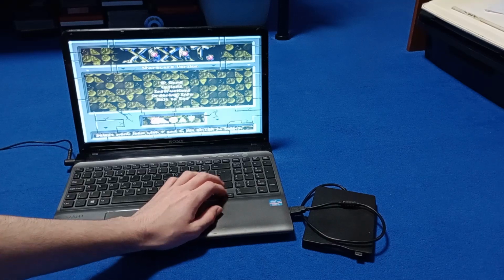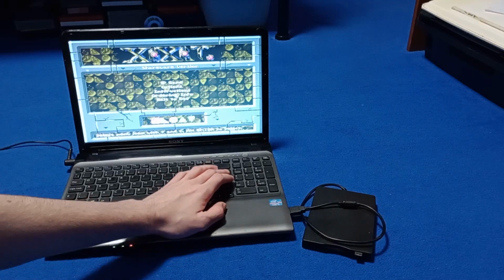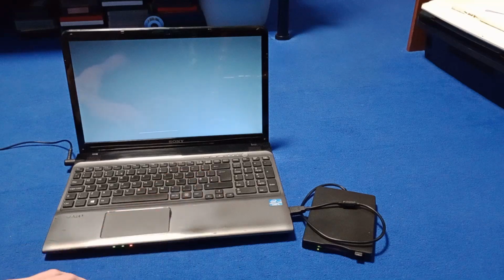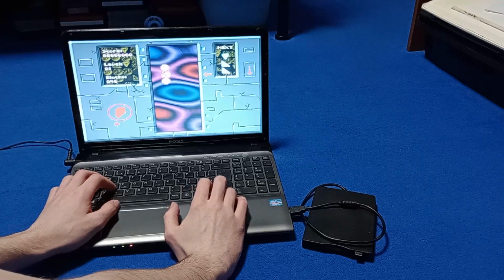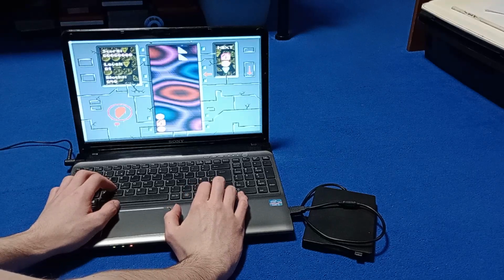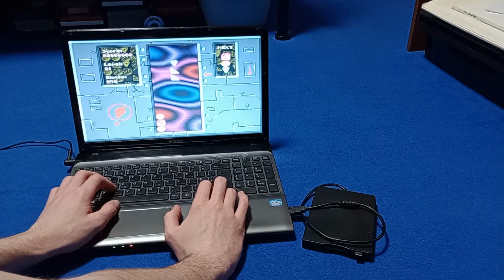So we can start a game. It takes ages to load. And there we are. We have a fully functioning DOS game running on a